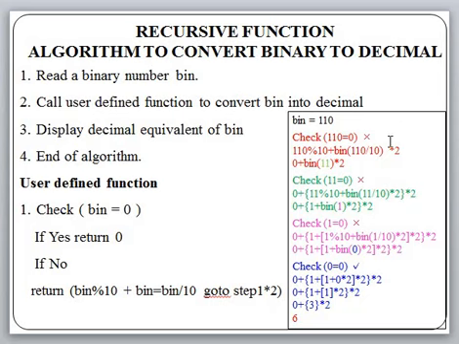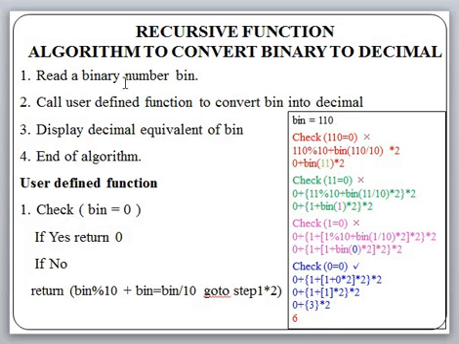Now let us consider the recursive algorithm for converting binary into decimal. We just observed the way in which we convert a binary value into decimal. But according to the problem statement, we are asked to use a recursive function to find the decimal equivalent of a given binary number. You can see there are 4 steps in the main function, and in the recursive function we have only one step which is to be repeated based upon the situation.